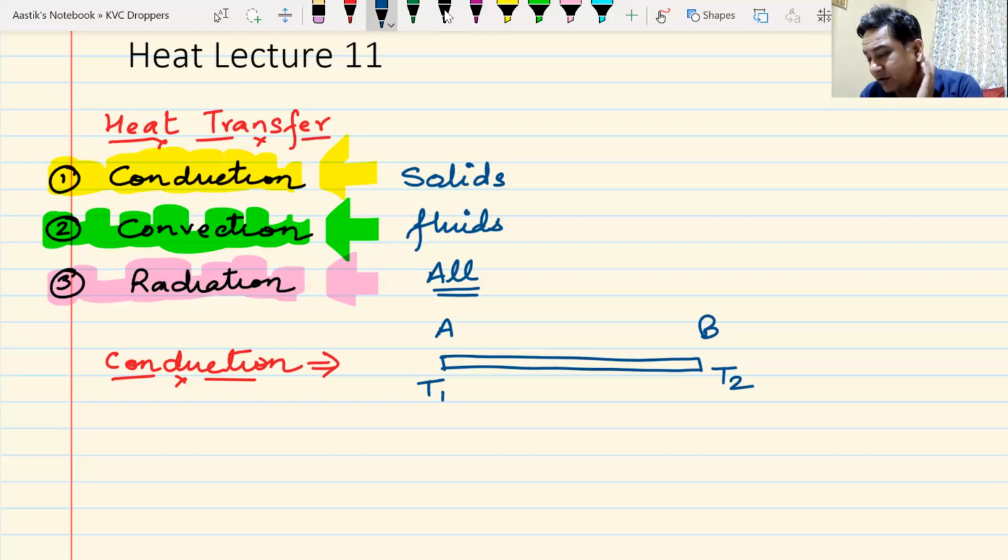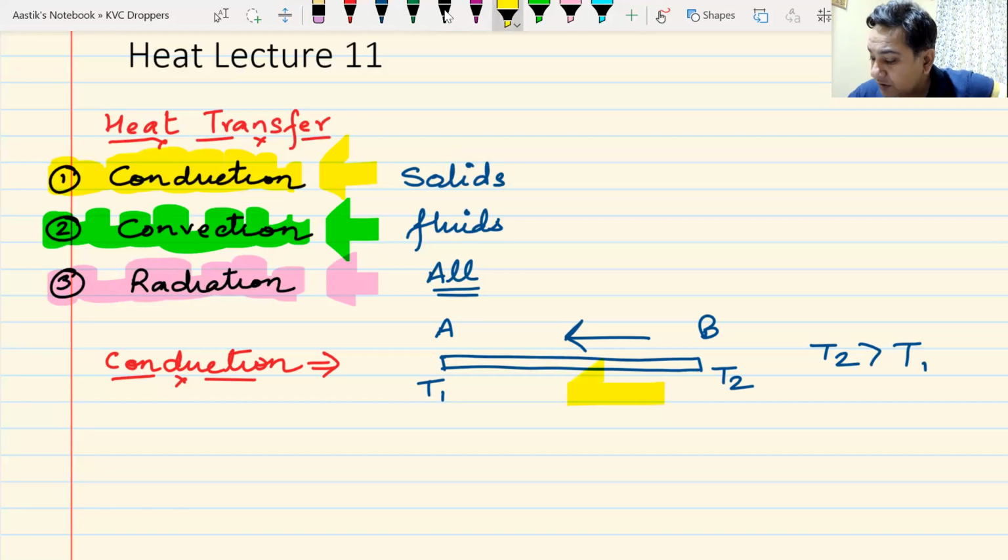This higher temperature on point B, heat is going to get transferred from point B to point A. Do we understand this? Yes or no? The more that this heat gets transferred, since T2 is at a higher temperature compared to T1, heat always flows from higher temperature to lower temperature. We have already seen that heat will start to flow from end B towards end A, and this process is